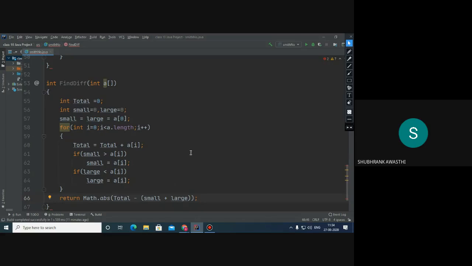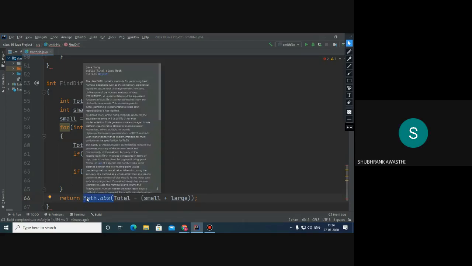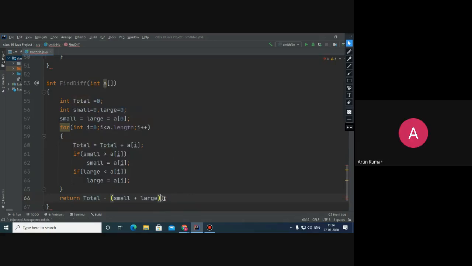Sir, if we don't use Math.abs, then what will happen? Total is always larger than small plus large, so no issues. You can also avoid this. No need, because total is always larger. Sir, if all the array elements are negative, then?